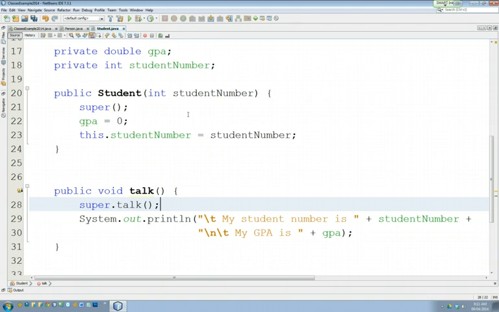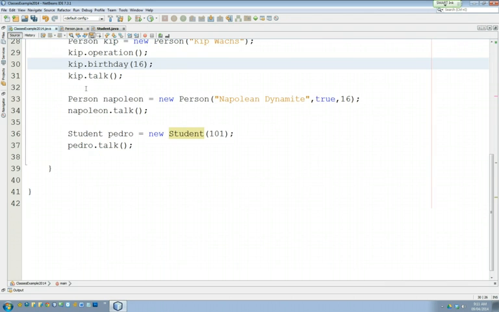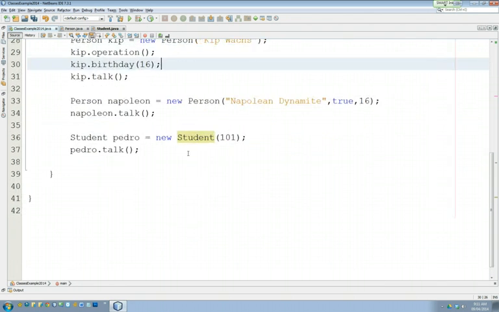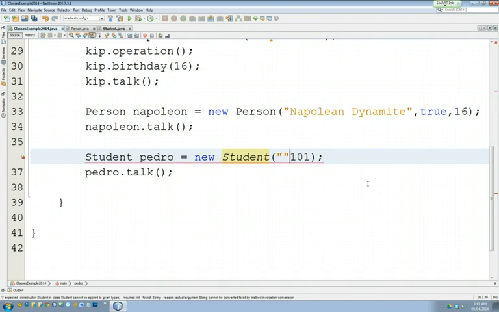I don't like this constructor still. It's still not quite where I want it to be, because I'd like to actually, going back to here, be able to construct a person, not just with the student number, but with a name and a gender and an age